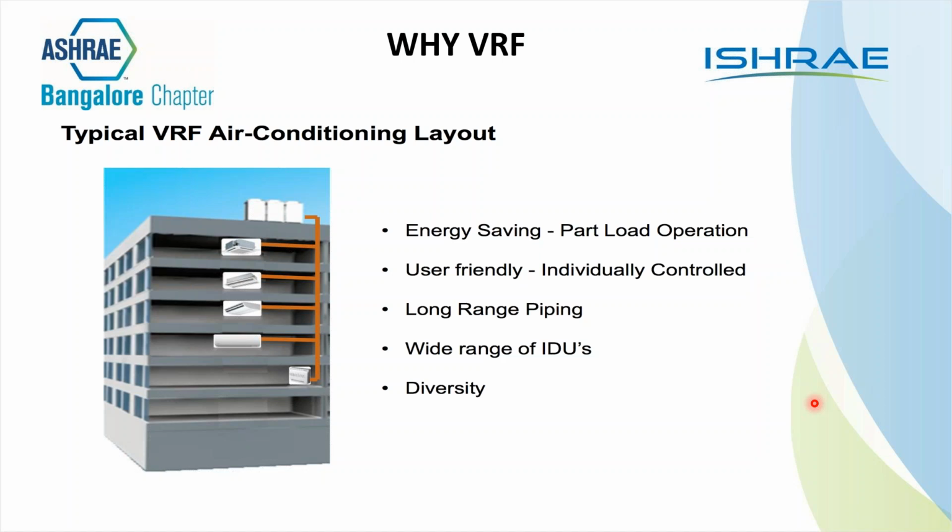What I mean to say is, let us say, for example, you have a conference room which is not working and you switch it off, or you have a manager cabin which is working for 8 or 10 hours a day, and the temperature there also could vary. You have a managing director who would like 22 degrees, whereas the manager would require 19 degrees. So you have the option of 19 degrees in the manager's cabin and 22 degrees in the MD's cabin. This is an advantage with the VRF system, where the temperature can be individually controlled,